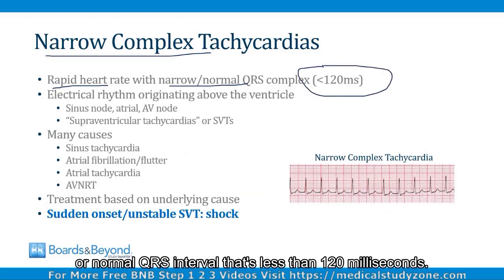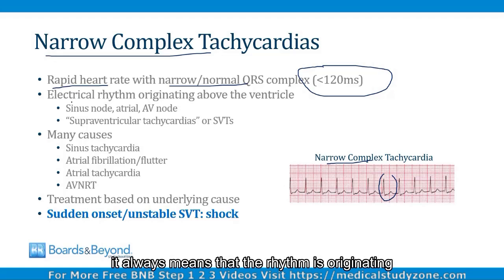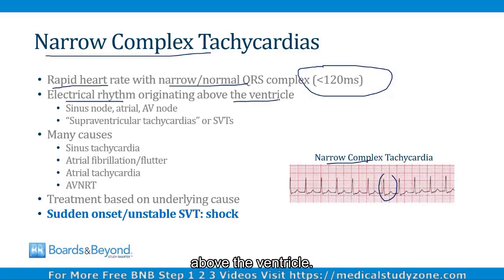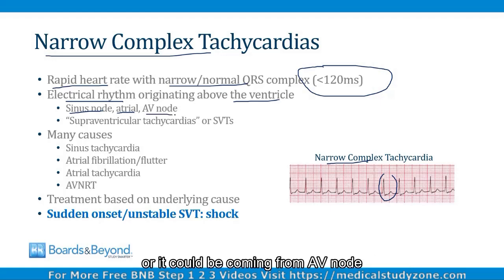that's less than 120 milliseconds. This is a narrow complex tachycardia shown on the screen here, and hopefully you can appreciate that these QRS intervals are not wide. When the QRS interval is narrow, it always means that the rhythm is originating above the ventricle. It could be coming from the sinus node, like sinus tachycardia. It could be coming from the atria, like atrial fibrillation, or it could be coming from the AV node, like